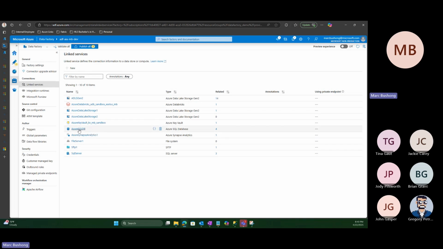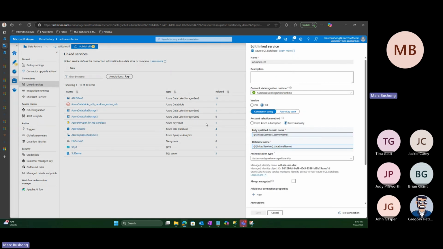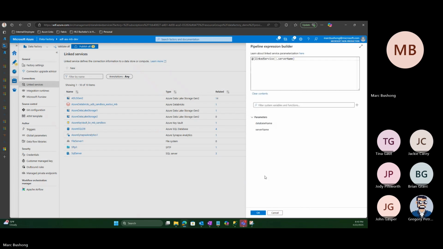So what we're connecting to is Azure SQL Database. So I have one created. Now, what's really important is that